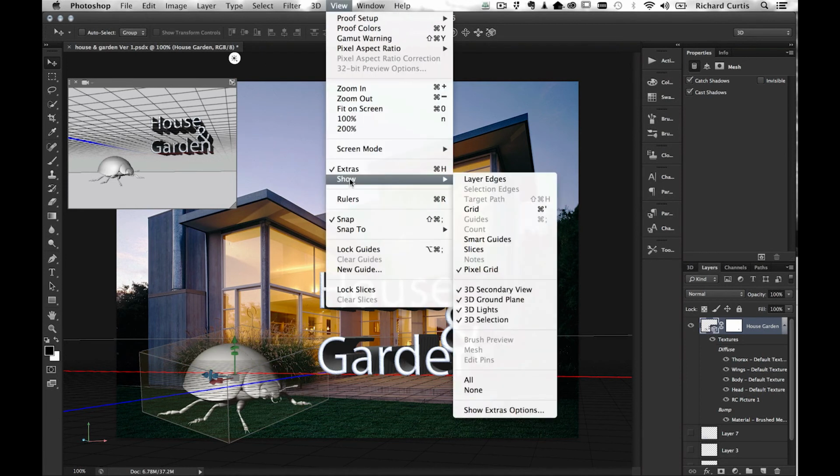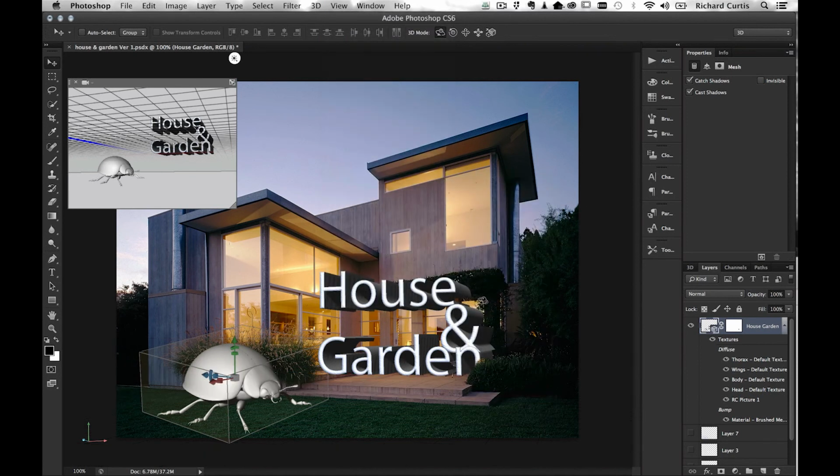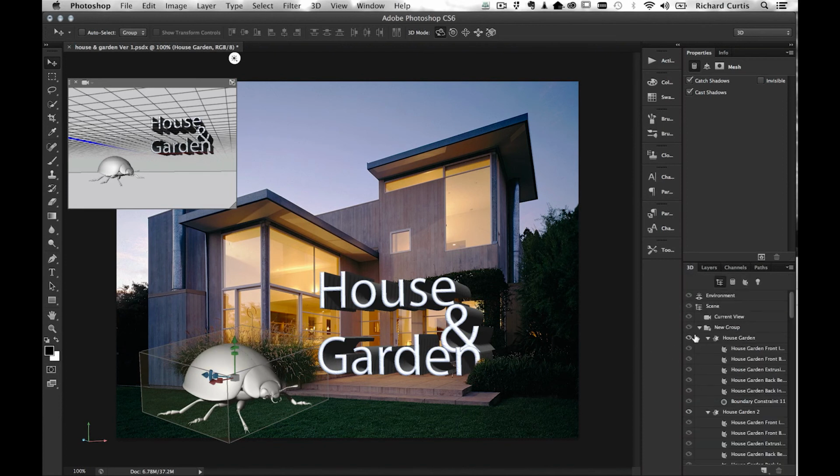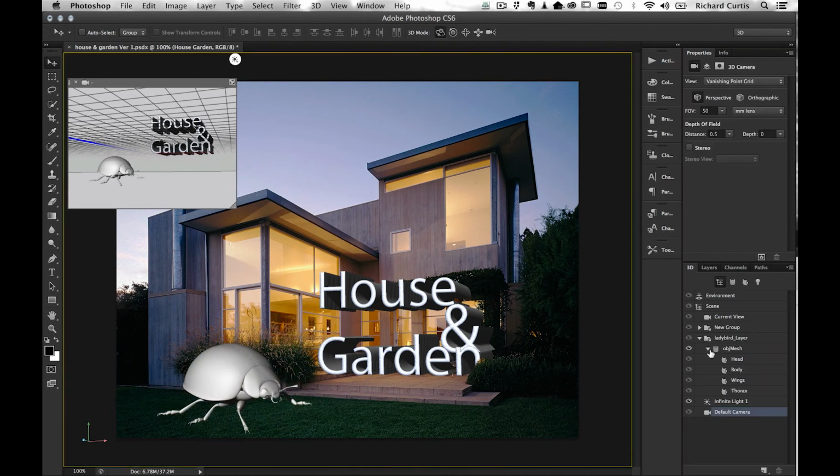I can hide the ground plane if it's getting in the way. I can say View, show, and move the ground plane away, and I won't see that anymore, so it leaves a nice clear working space for me. If I go to my 3D object, you can see now in there I have two groups,